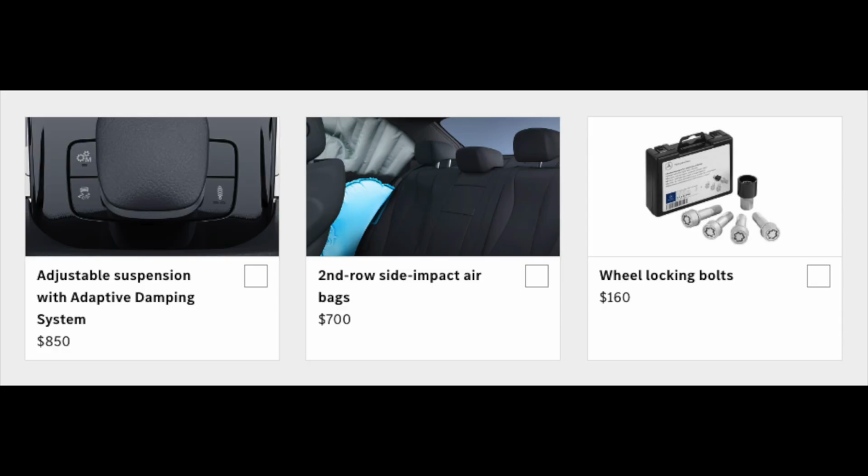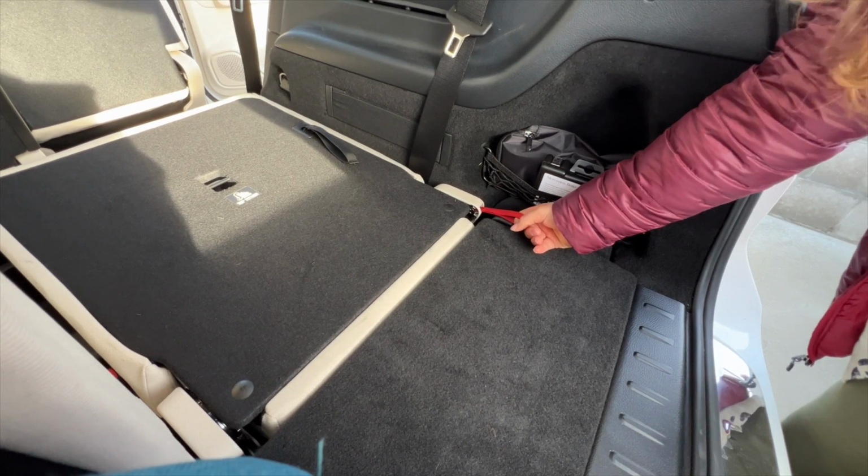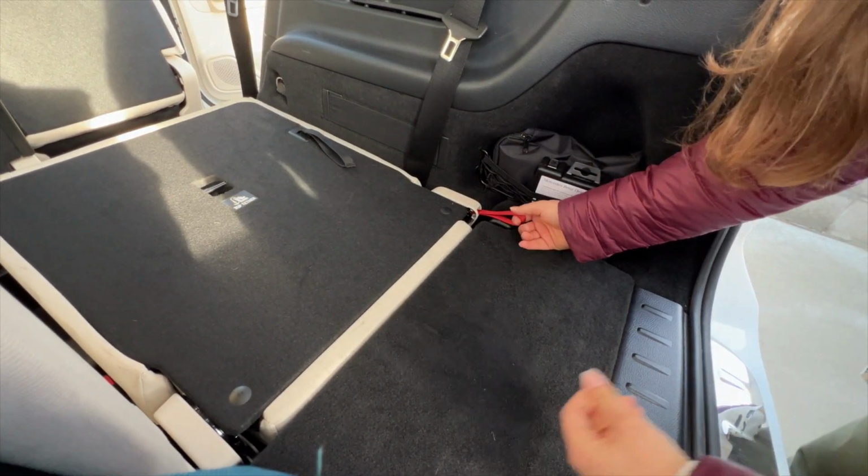which by the way cost $160. By the way, while looking up how much the wheel locks cost on the GLB's build site, I found out that it costs you $700 to add second row airbags, which in my opinion should just be included in the car's cost. Anyway, if you have the optional third row, which costs $850,